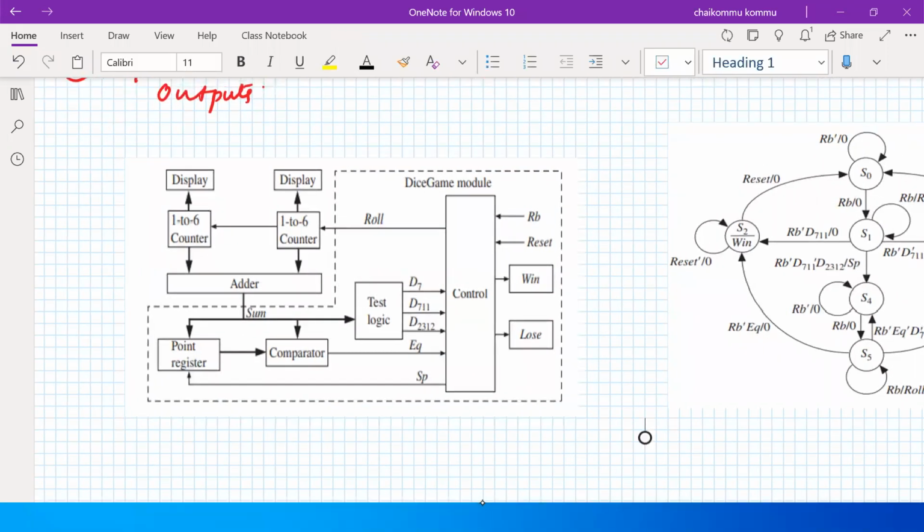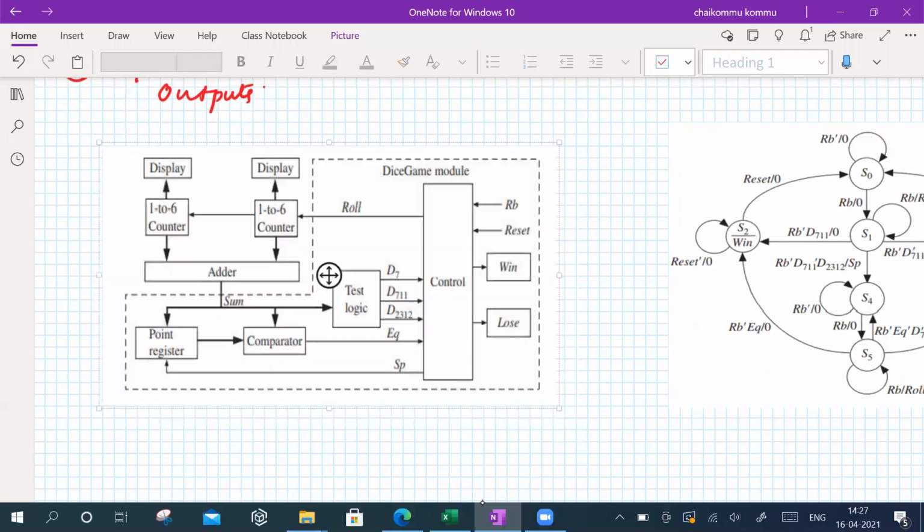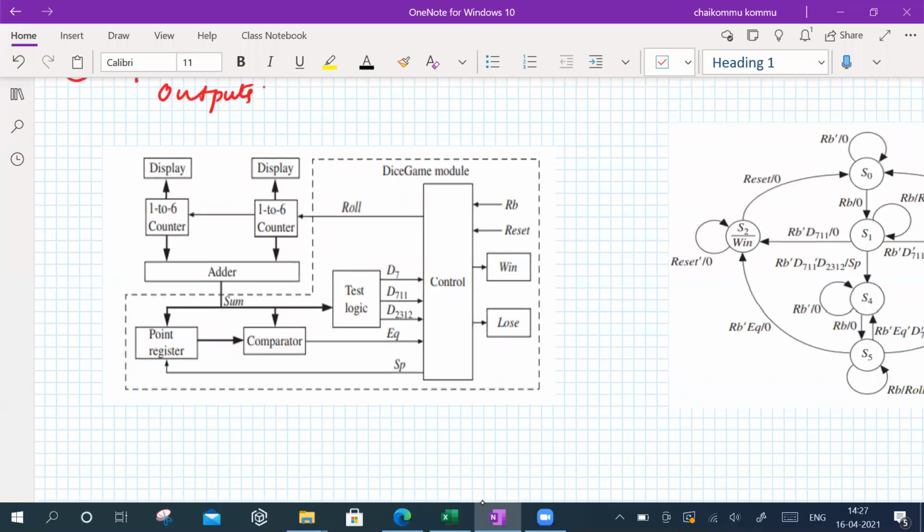Since it is an electronic dice game, we don't have a physical dice. Something has to generate 6 numbers, so for that I'm going to use a counter. It has to count six counts, 1 to 6, for one die. So I'm going to consider another counter, which resembles the second die. The die has to show numbers from 1 to 6. Die 1 and die 2 are both considered 1 to 6. So instead of using physical dice, we use counters.